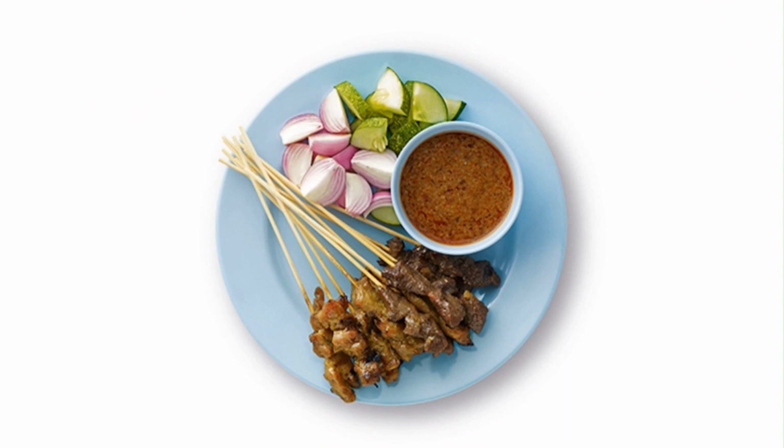Chicken, beef and mutton are the most common meats employed in this dish. Among non-Muslims, pork is also used. After being skewered and seasoned in a concoction of spices like tamarind and galangal, the meat is grilled over a charcoal fire. The cook keeps a close eye on the skewers, fanning them while continuously brushing the meat with oil for a perfect glaze. The end product, well-browned, lightly charred meat that's a perfect blend of savory, smoky and sweet,